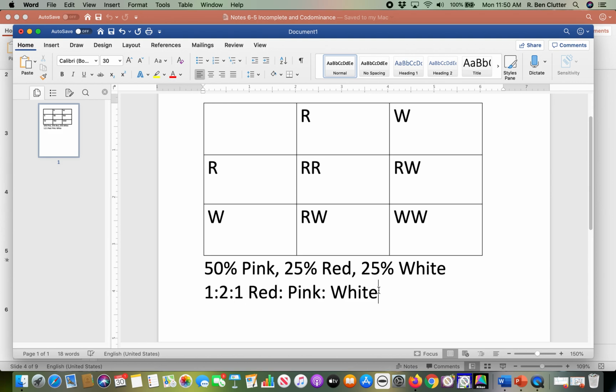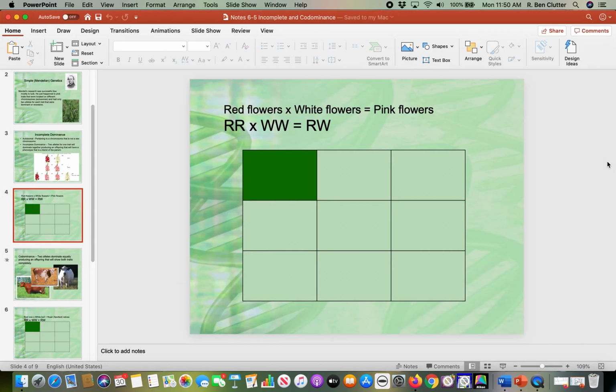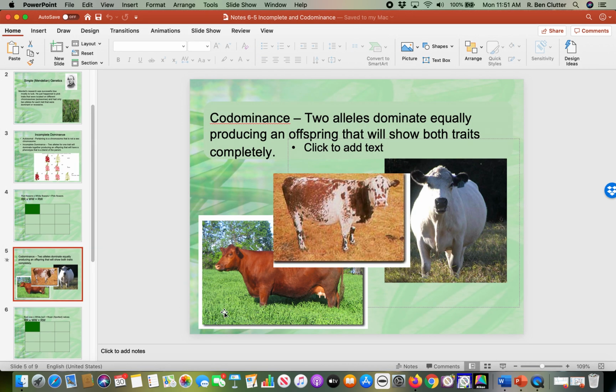Notice my genotype ratio, which we didn't do too much with this before, but this genotype ratio has always existed. The genotype ratio is 1 to 2 to 1. 1 to 2 to 1. Notice the genotype and the phenotype ratios are the same. Okay, so